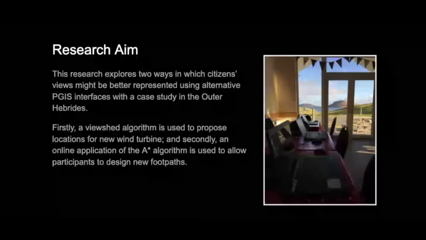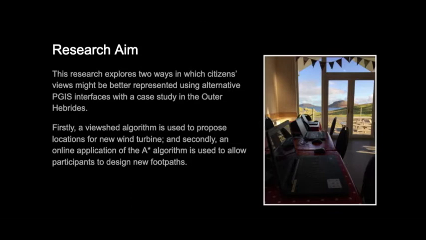This research explores the possibilities that arise from the use of alternative spatial units using two case studies in the Outer Hebrides. The first uses viewsheds rather than simple points to enable participants to make informed decisions about undesirable locations for a new wind turbine. The second uses least cost paths rather than simple lines, so that users can map realistic routes to contribute to the design of a new network of footpaths and pavements in a way that can then reflect the terrain and other obstacles. So both of these interfaces,